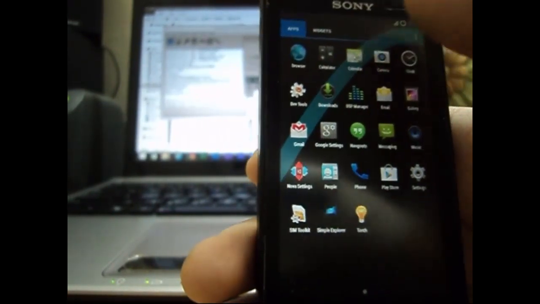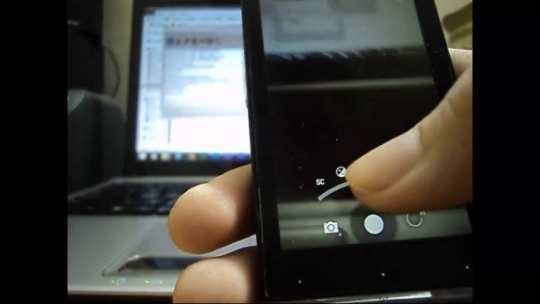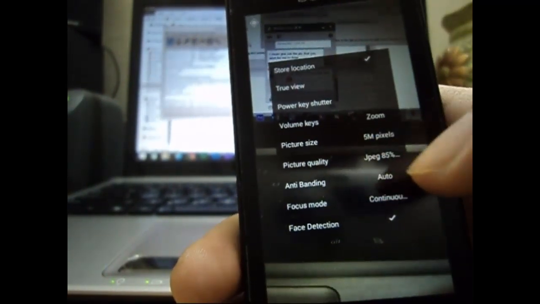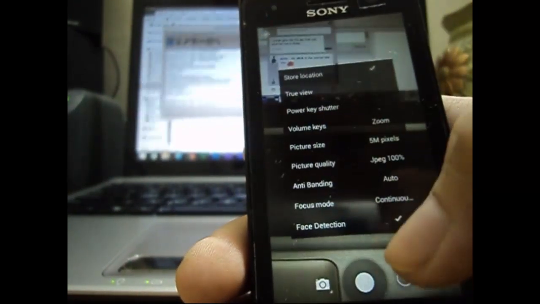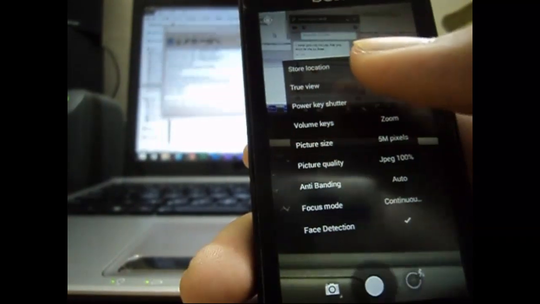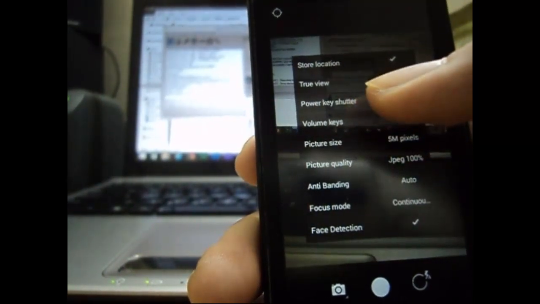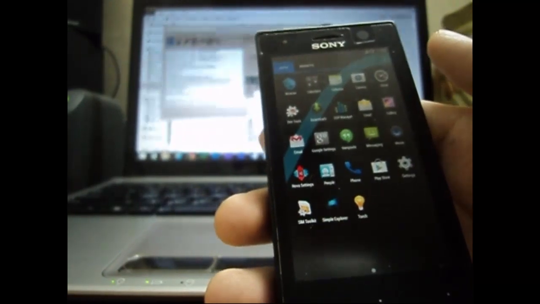Camera. Yeah, it has the Slimkat version of the stock camera, so it has smart capture. I have not really tried that yet. And it has some other settings, like you can change the picture quality. Right now it's 85%. If you wish, you can turn it up to 100%. Then it has different things like true view. It will give you the true view of the picture, and then power key shutter, focus mode, and many things. So yep, that's it with the camera, and I guess that's all for this